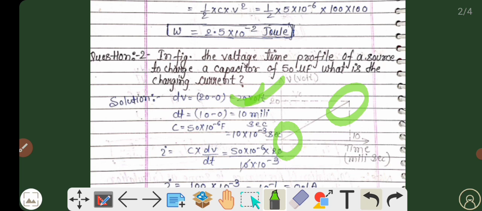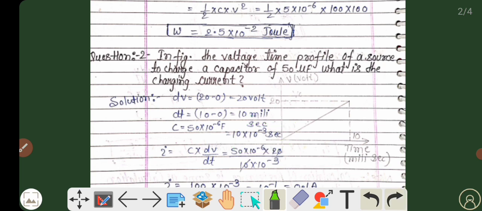And if we want to calculate the value of dt, as you can see here, the time is changing from 0 to 10 millisecond. So the value of dt will be 10 minus 0, that is 10 millisecond. For the conversion of millisecond into second, we have to multiply with 10 to the power minus 3. So the total amount of time will be 10 into 10 to the power minus 3